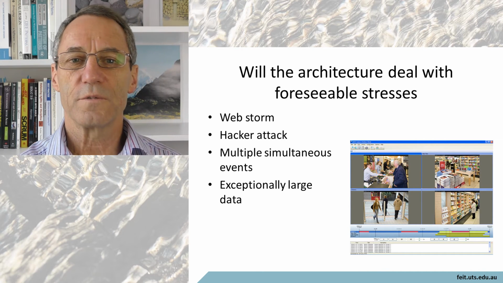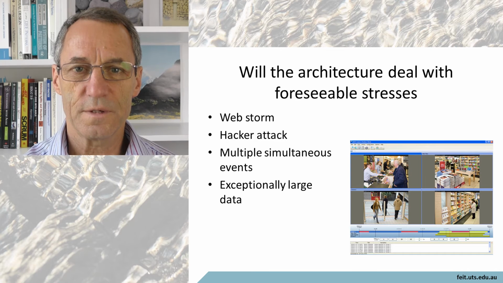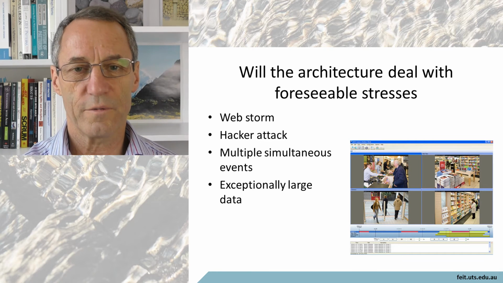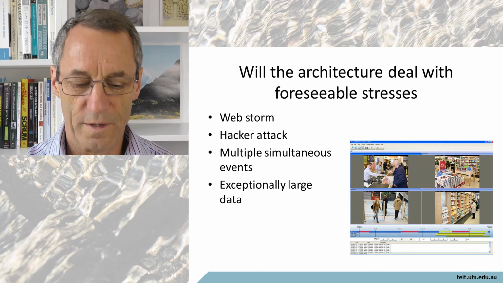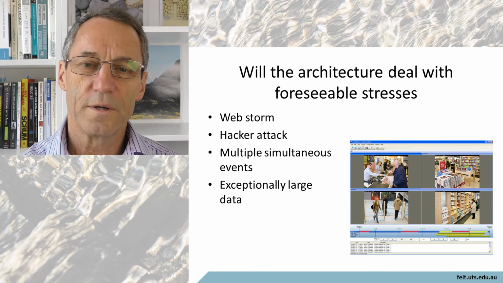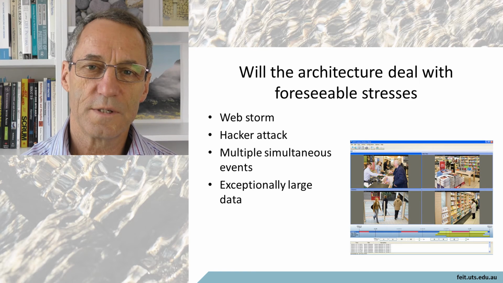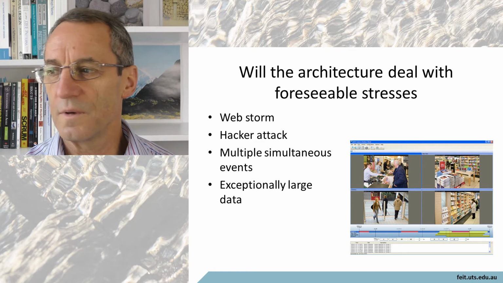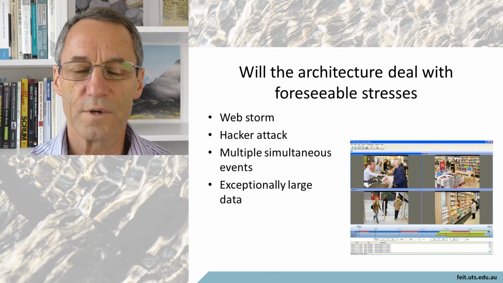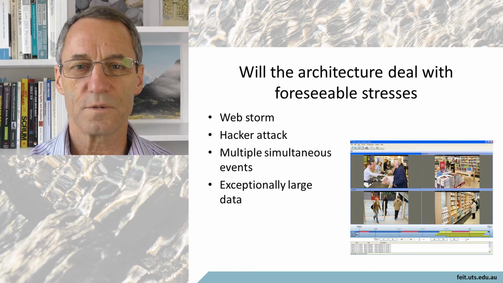What happens if you get several simultaneous events? We're not overloading the system, we're simply having a whole lot of things happen at the same time. Does the architecture support handling that? How about exceptionally large data? If that's possible in your system, maybe you're designing an architecture to deal with image processing or something of that nature,